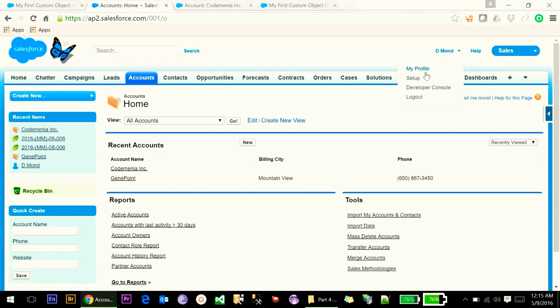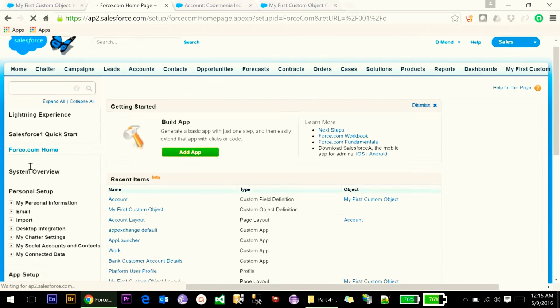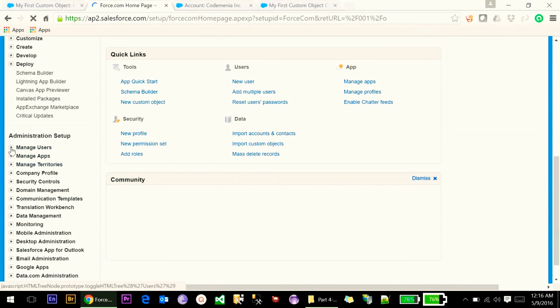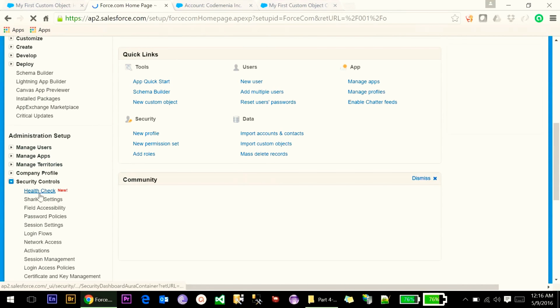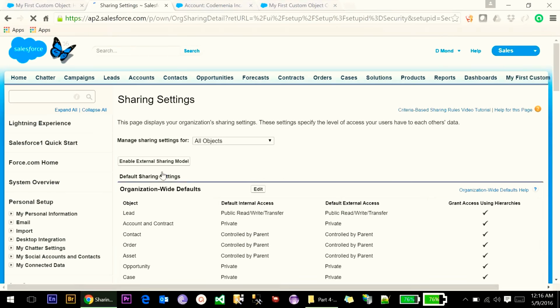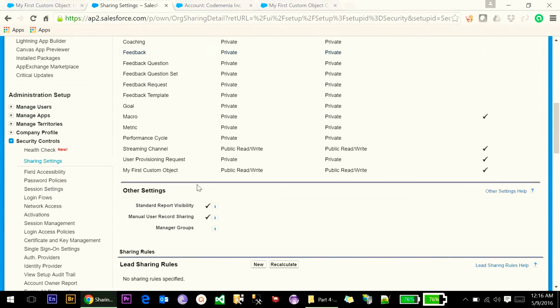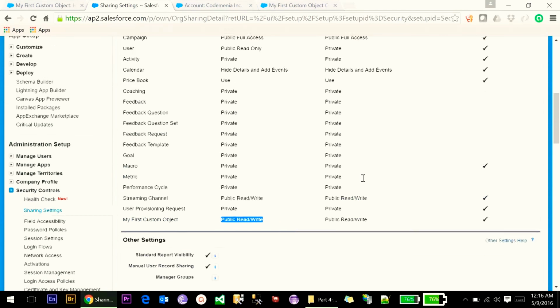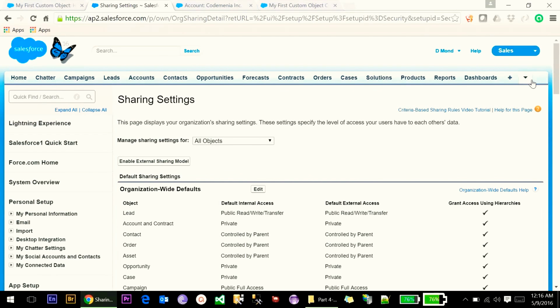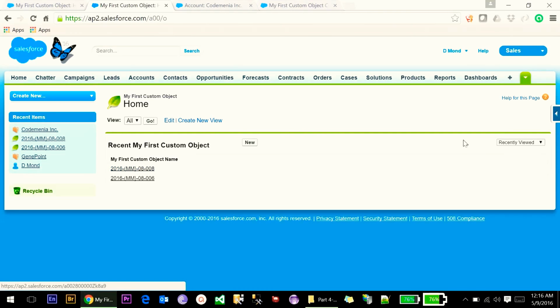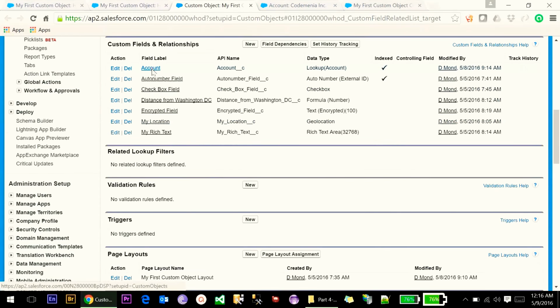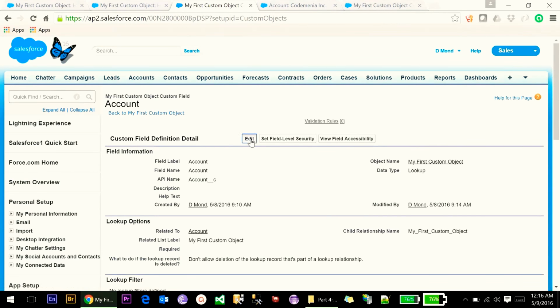Now for sharing settings, you can easily select the sharing control for this object also. So you can make it private also. Now we are going to choose the lookup filter. Click on edit